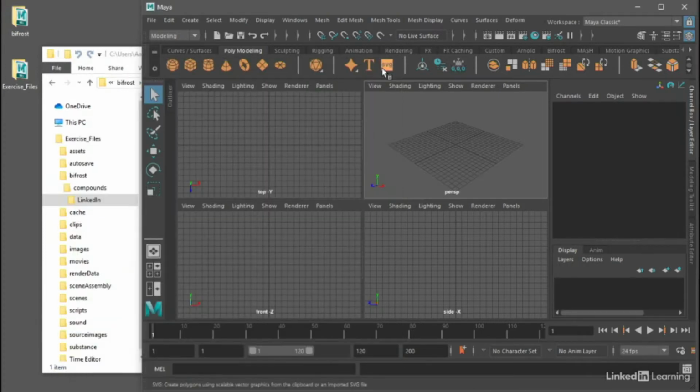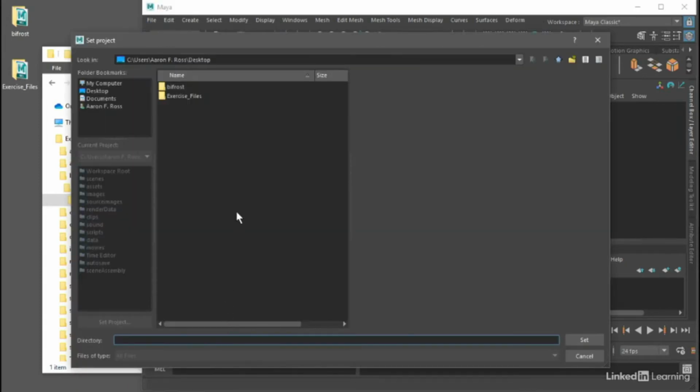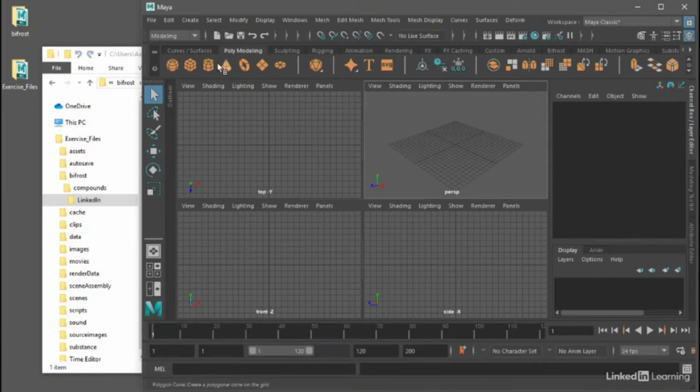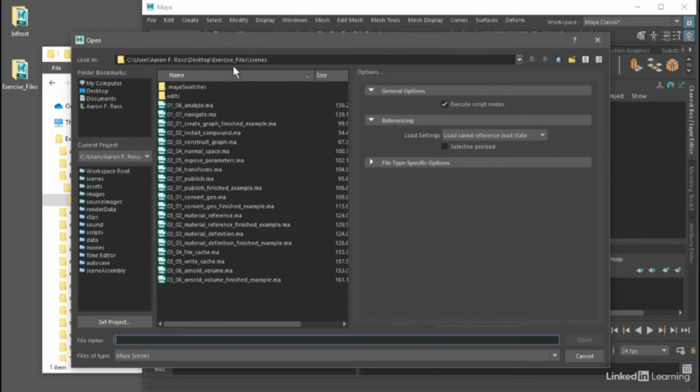If you are going to use the exercise files I've provided, you want to set Maya to that project. Back in the Maya File menu, go to Set Project, and then browse, in this case to the desktop. Select the root level of that folder, in this case exercise files, and click Set. And now if we go to the File menu and choose Open Scene, we're taken to our current project's Scenes